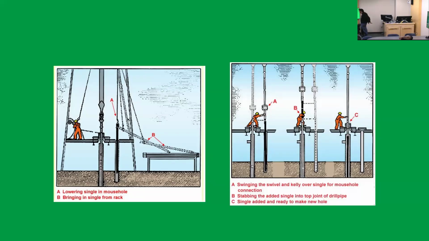You lower a single joint in the mouse hole, you bring a single from the rack. Now the rack and the pipe rack is a little bit of a different thing. The rack here is next to the rig. It's not on the rig floor, and normally it's in a place where nobody can go, or it's a regulated place. You're not gonna walk there without permission. And because they lift up through the catwalk, through the window into the rig floor, and then they place it in the mouse hole. And then you're gonna pick it from the mouse hole with the Kelly and bring it